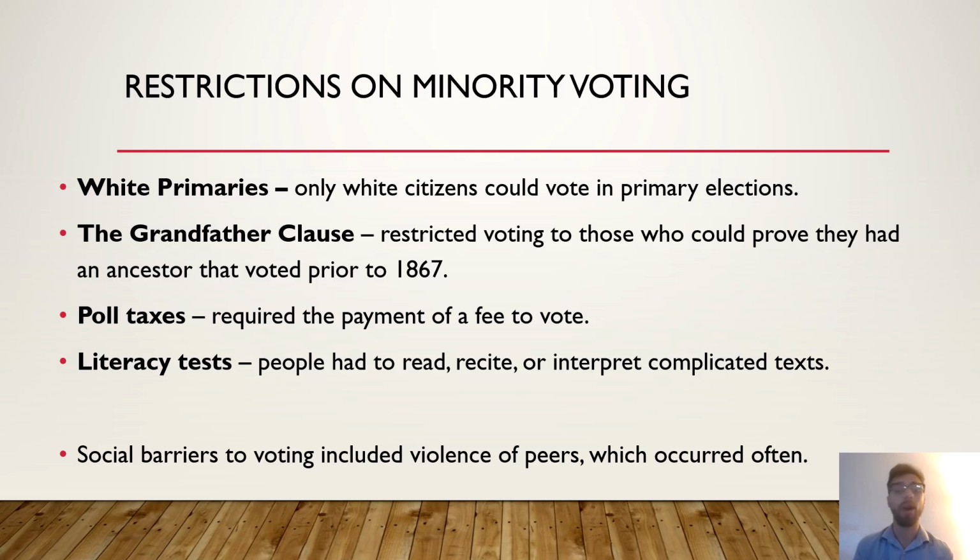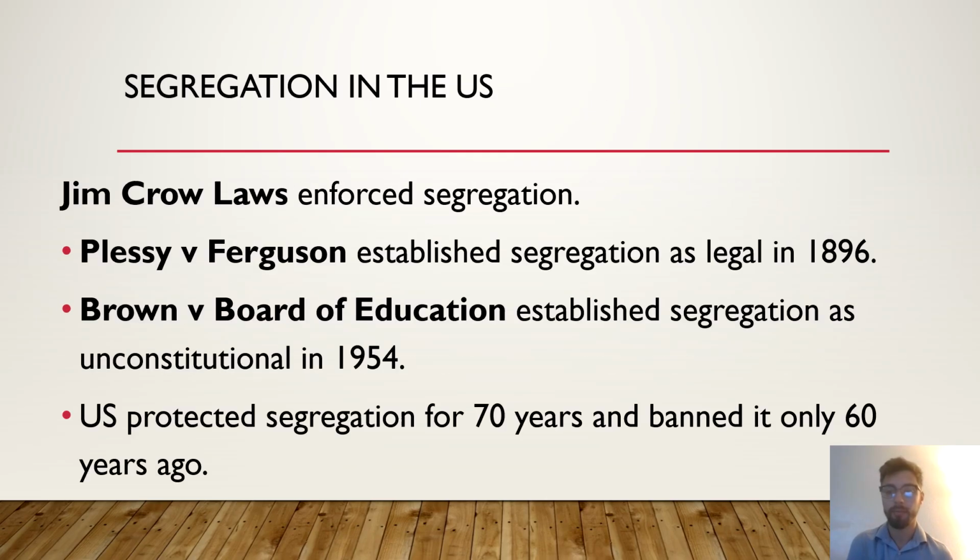So we see, beyond these four policy initiatives, legislative acts utilized to restrict minorities from reaching the polls, there were social barriers, which include violence from peers and social pressures, oftentimes saying you may not be able to work in this career or be the reverend of the church if you continue these sentiments of freedom. So these social barriers were extensive, through legislation and general sentiments among the public.